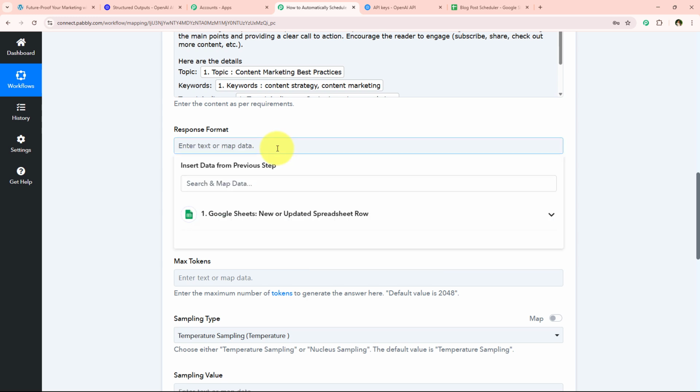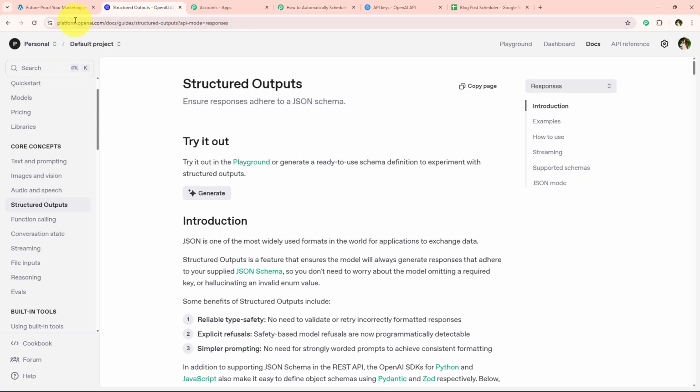You don't have to think much. You simply have to copy and paste it right over here and erase this your JSON schema. So over here we have to enter our JSON schema. But don't worry, you don't need any programming or coding language to generate this JSON schema. We are simply going to open a URL right over here, which is this